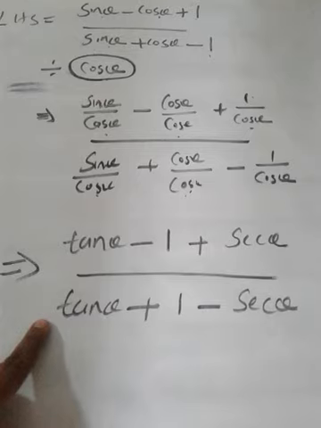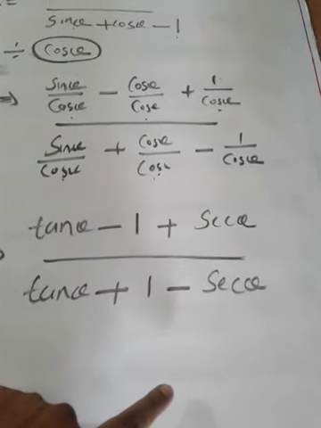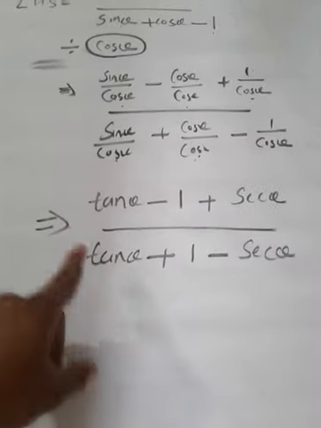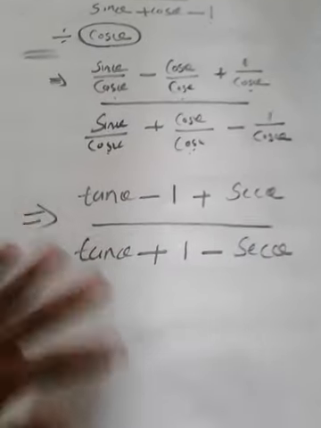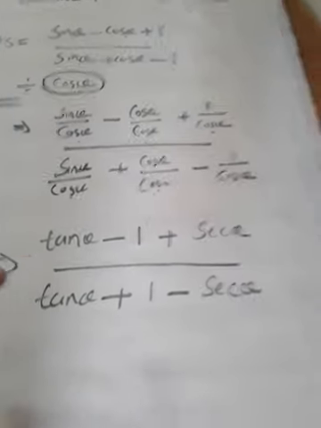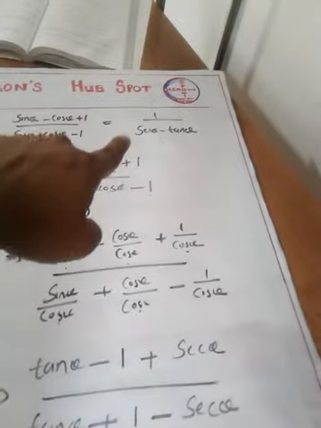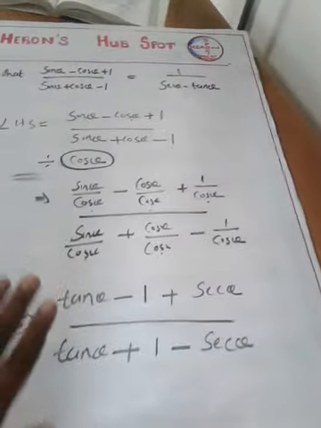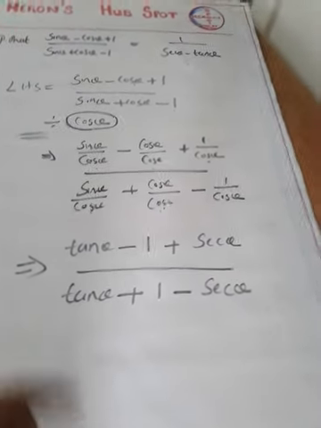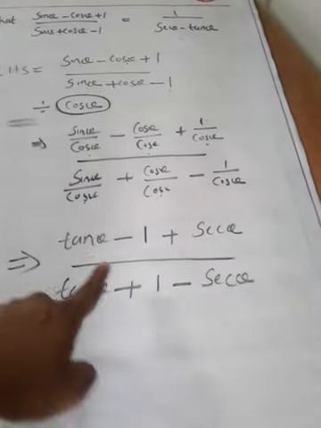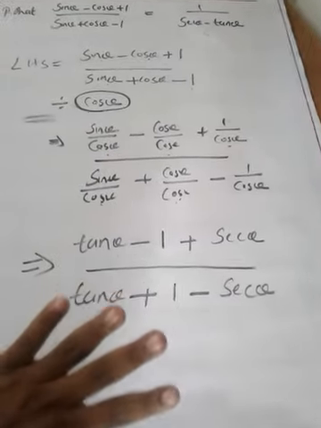Now we just see LHS was in terms of sin and cos. Now LHS has become in terms of tan and sec. That we need because RHS contains sec and tan. So LHS also contains sec and tan now. Anyway, we did not reach the RHS properly. RHS is 1 by sec theta minus tan theta. We didn't reach the RHS, but we made the presence of tan and sec, because tan and sec are there in the RHS side. So now we can go for some more simplification and we will reach the RHS. Anyway, we are half reached because we made the presence of tan and sec.